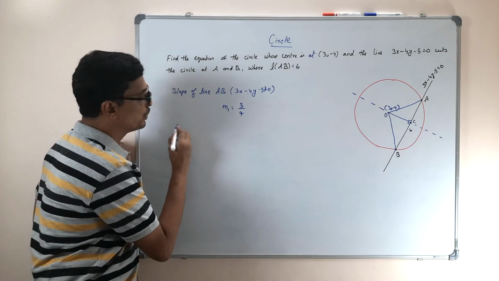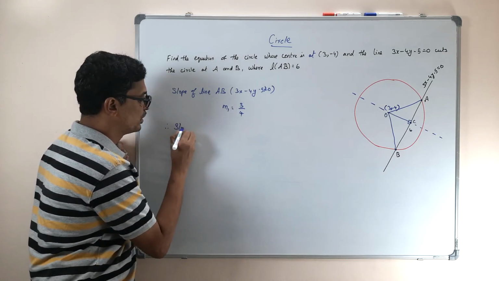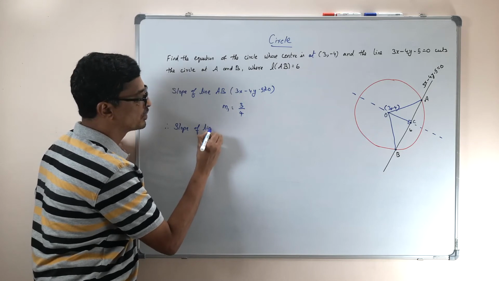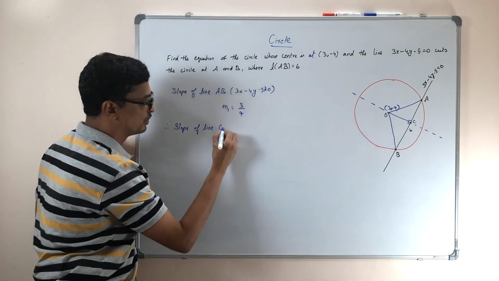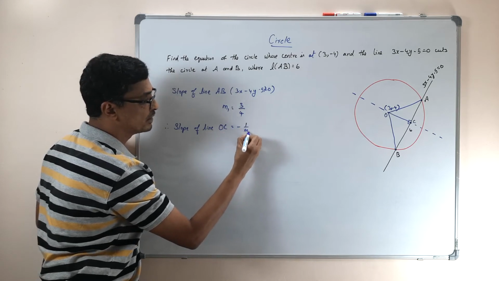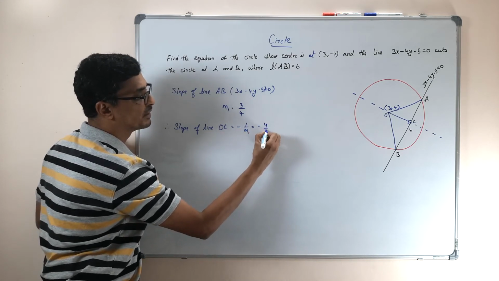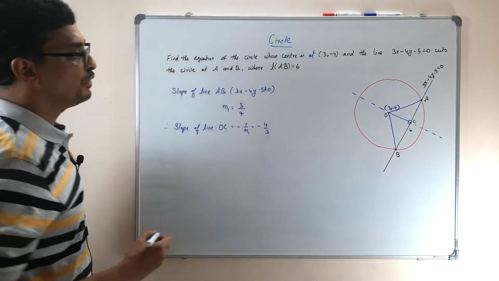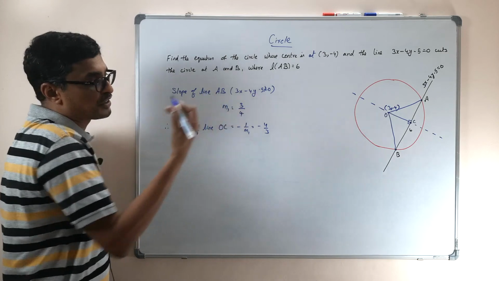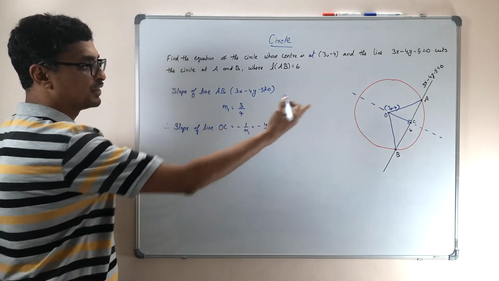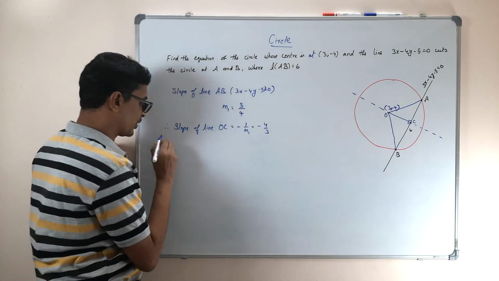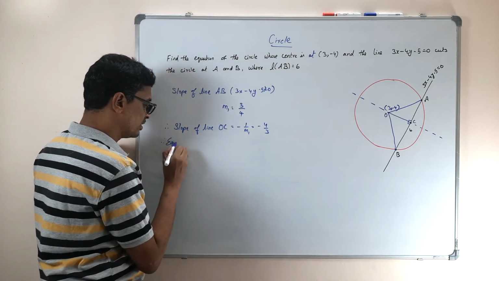Therefore, the slope of line OC, OC is perpendicular, so it equals minus 1 by M1. That will be minus 4 by 3. So now you know the center is 3 comma minus 4. So we can find the equation of this line, right? You know the slope, therefore the equation